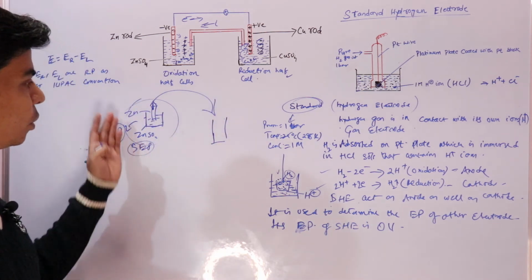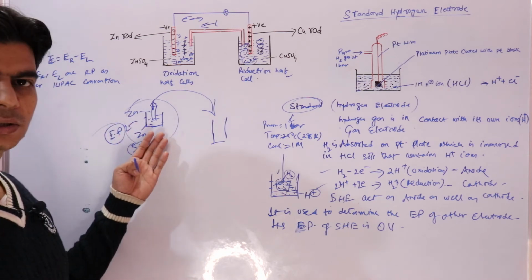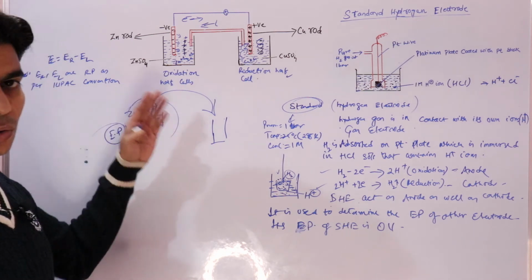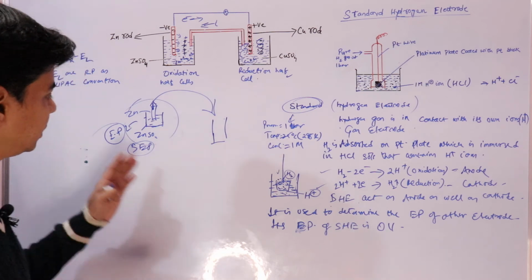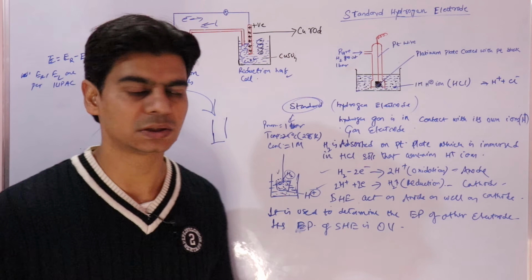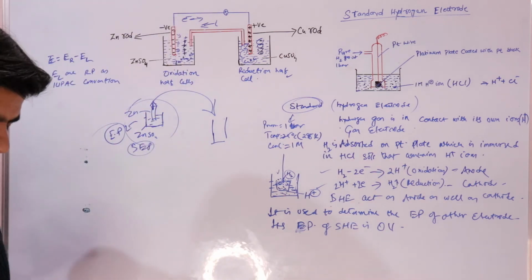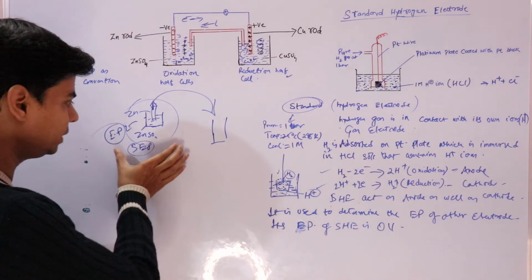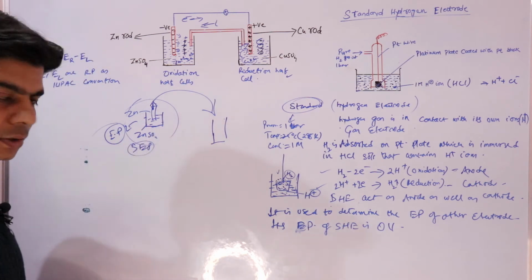So no loss of electron means no oxidation reaction. No oxidation reaction means no electrode potential. So it won't create any electrode potential. So there is no question of finding the electrode potential of this electrode. So what we do need is, if we want to find the electrode potential of this single electrode, we have